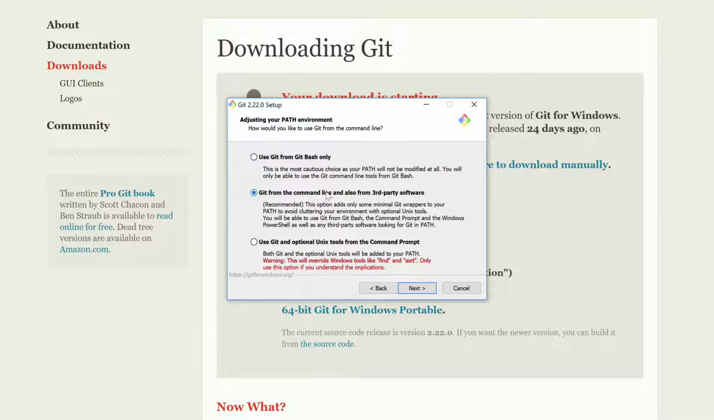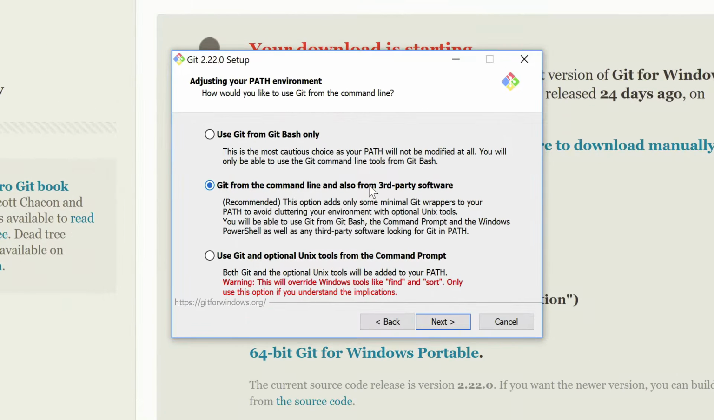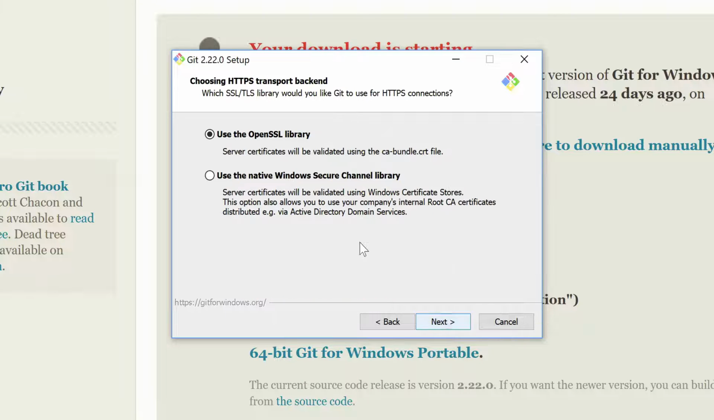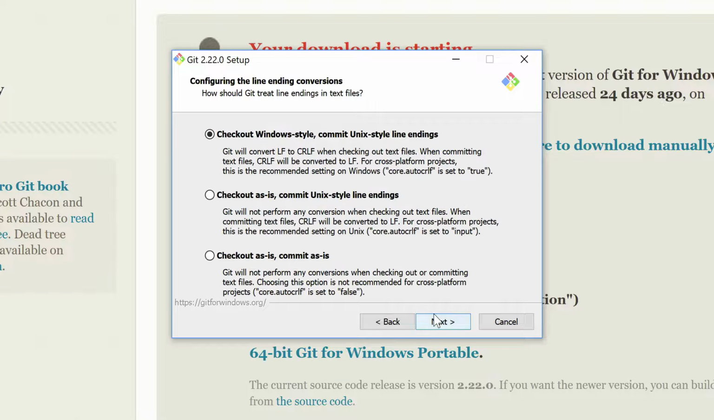Now here, Git from command line and also for third-party software, select that so you have some GUI and other software installed, which will be helpful as well. So let's click on next again. It says use the OpenSSL library, which is good. Click on next,